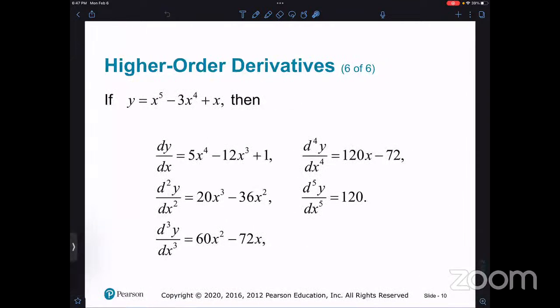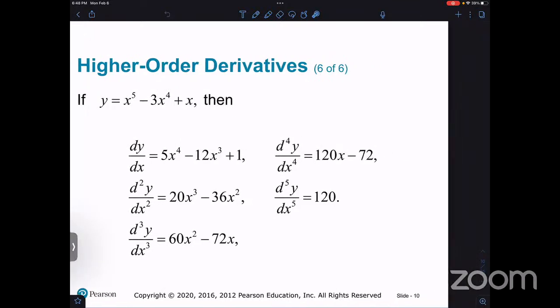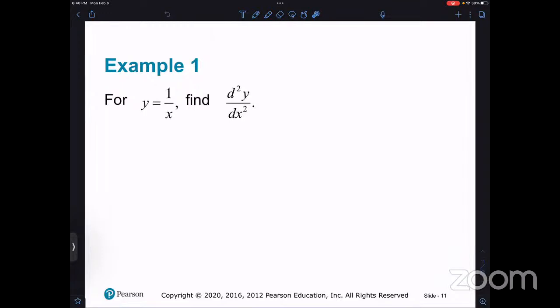So we did this one already, we're going to let that be. With this example, we're asked to find the second derivative of y with respect to x. So let's do dy by dx. I'm going to look at that instead of 1 over x, I'm going to look at that as